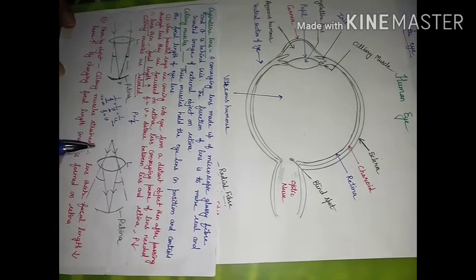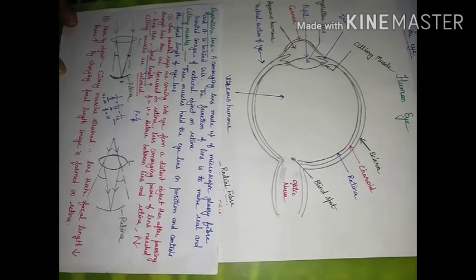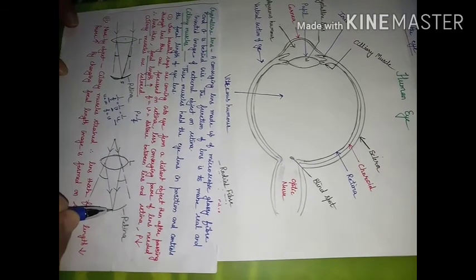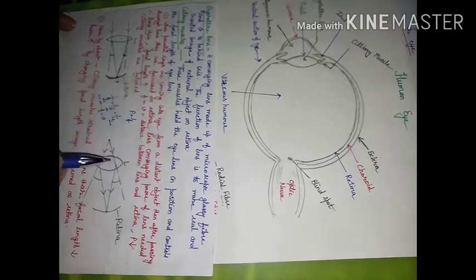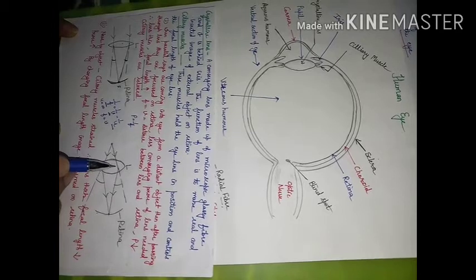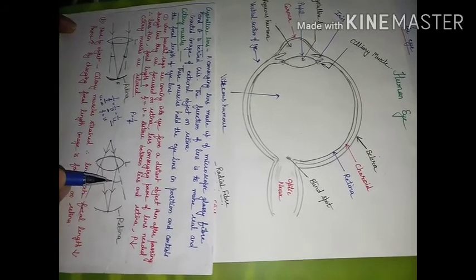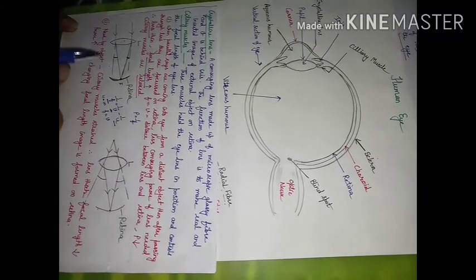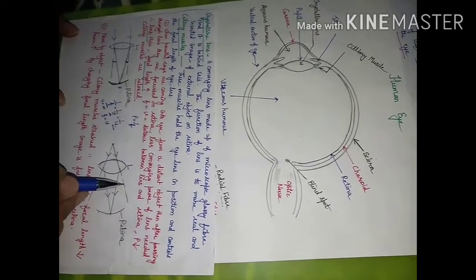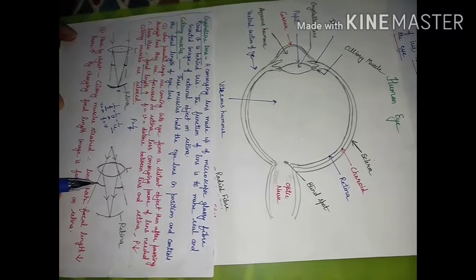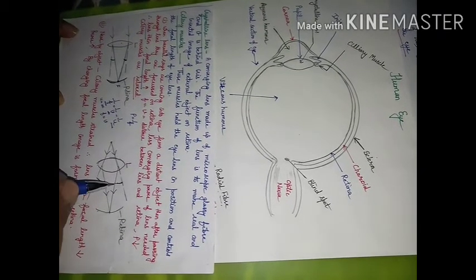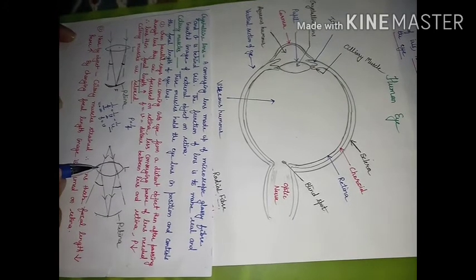If the object is kept close to the eye, you still want the image to be formed at the same distance. Now what will happen? Your lens should be powerful. It should be thicker. It should be able to bend the path by a large angle. See, in this case, you need this much bending. And when the object is closer, you need this much bending. It means in this case, you are in need of a more powerful lens. And a powerful lens means you want a thicker lens.